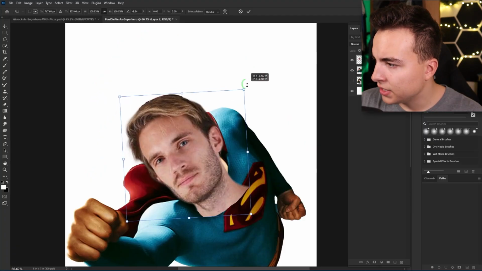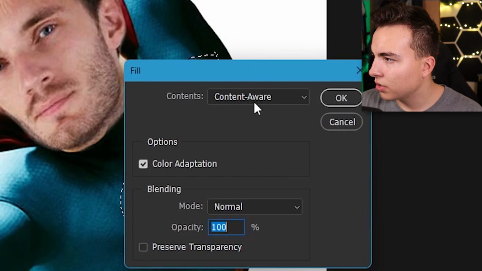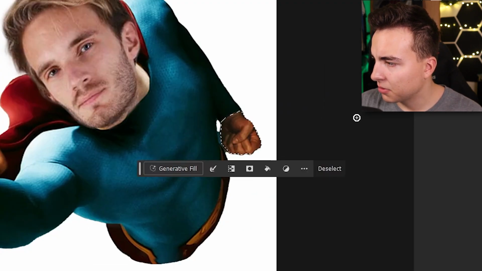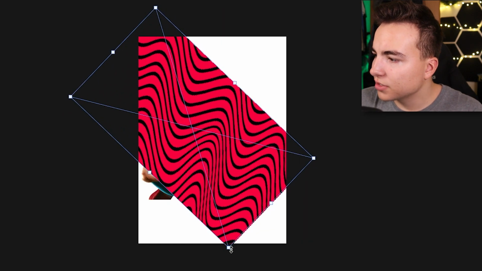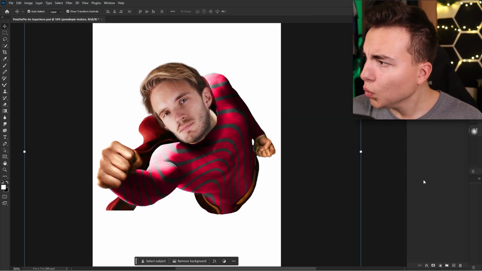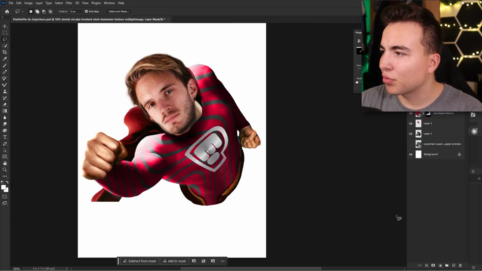We're gonna fit his head on here, stretch it out a little bit. Then we'll remove that Superman logo, get the curves tool, and make that fist pop out a little more. Same thing with the other fist. Then for the suit, what I'm thinking is we can get his pattern and embed that with the suit. Go ahead and mess with the blending mode a little. Ooh. That looks good. Then what I'm thinking is we can get that bro fist on there.